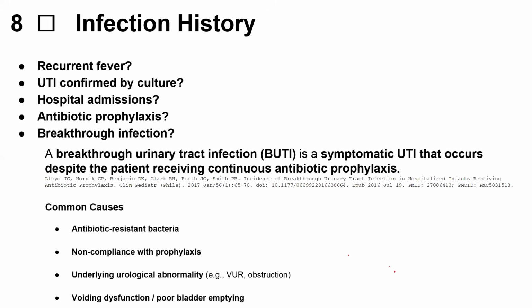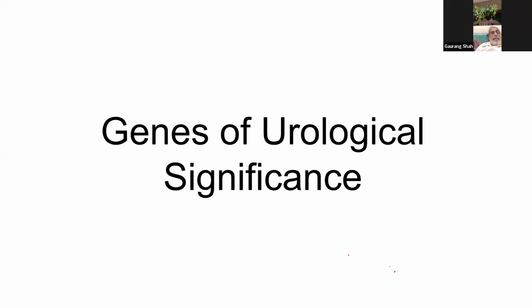We have a short slide set on genes of urological significance next. Okay, just before this, I want to ask them one important thing. What are the investigations that you will ask for in children? Renal ultrasonography will be the go-to investigation in children. It will tell us more or less everything about the baby's condition. And if we have seen anything, any hydroureteronephrosis or anything of significance, then we can plan for VCUG or